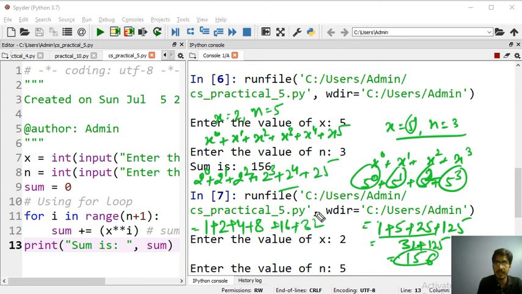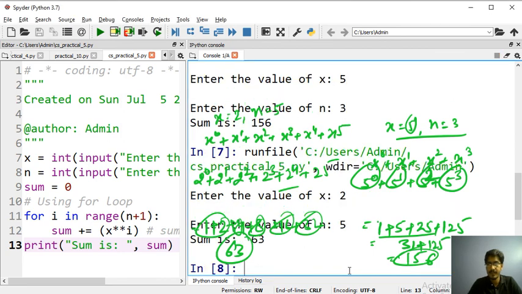Add those numbers: 32 plus 16 is 48, 56, 60, 63 should be the output. Let me see what happens. Here it is, 63, you can see.